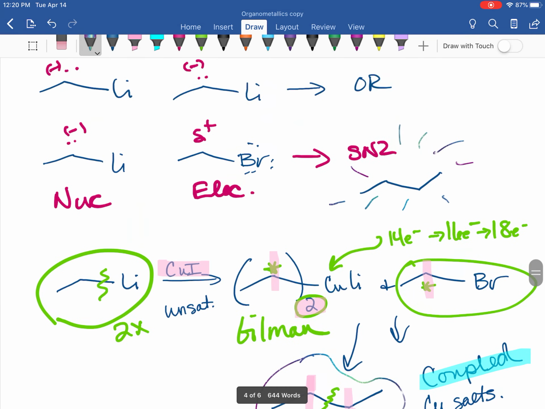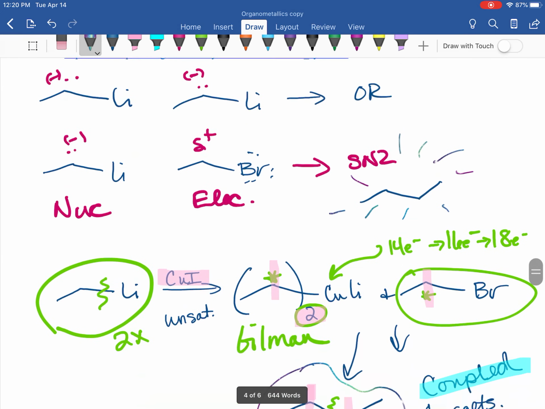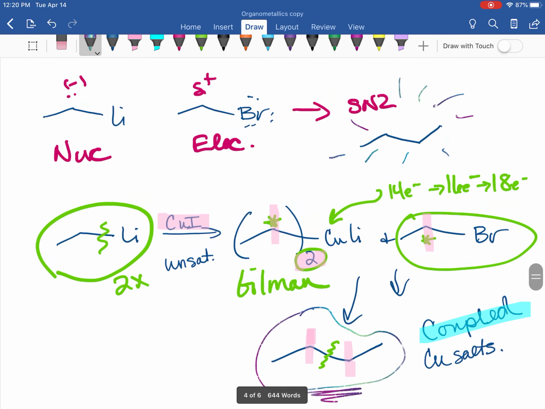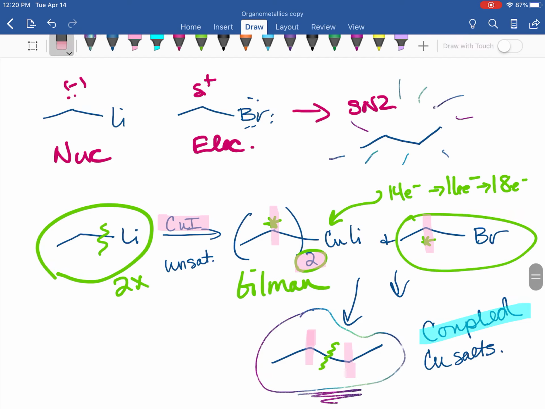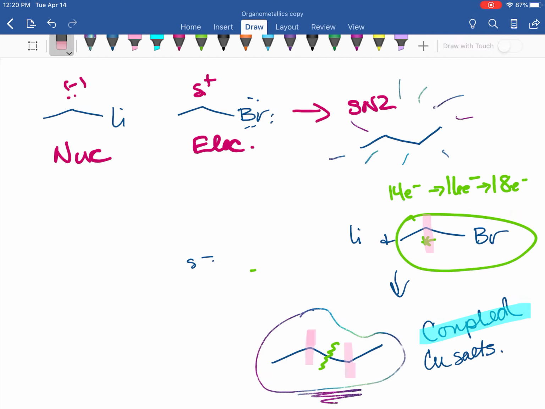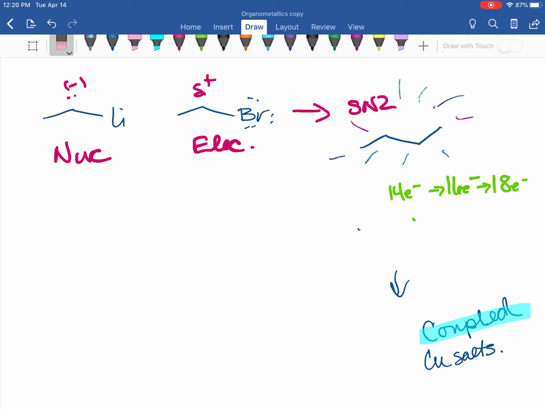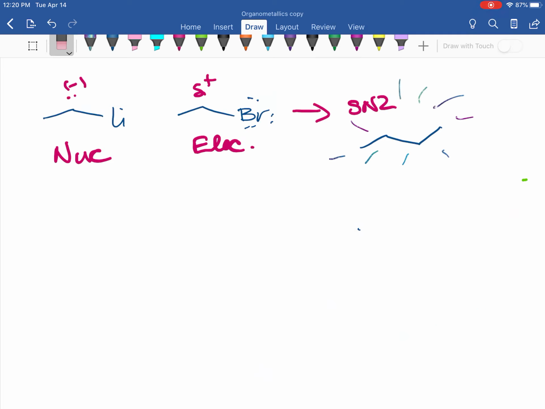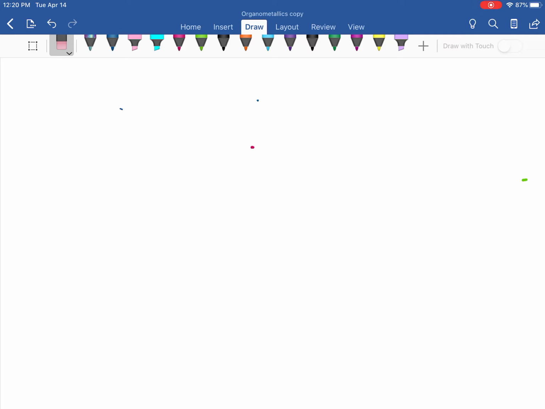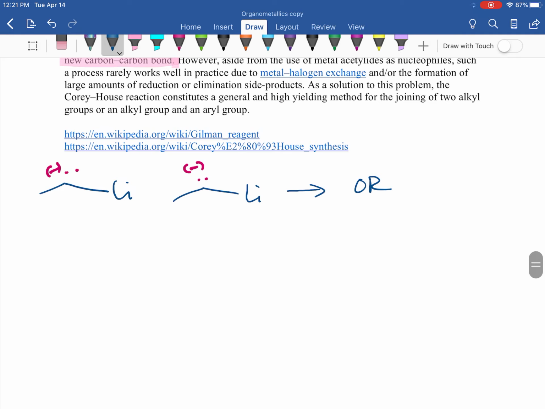Let me show you a shortcut to the Gilman, because we're going to be using it quite a bit. How the Gilman works. Go ahead and take a screenshot real quick, and I'm going to erase here, and I'm going to show another one. What the Gilman is really good for, we have two reactions. The OChem 1 reaction, which is this coupling reaction. So let's draw one of those. Let's give an example of those. And then my OChem 1 students, you will have a whole video on the Gilman. So it's really good for that